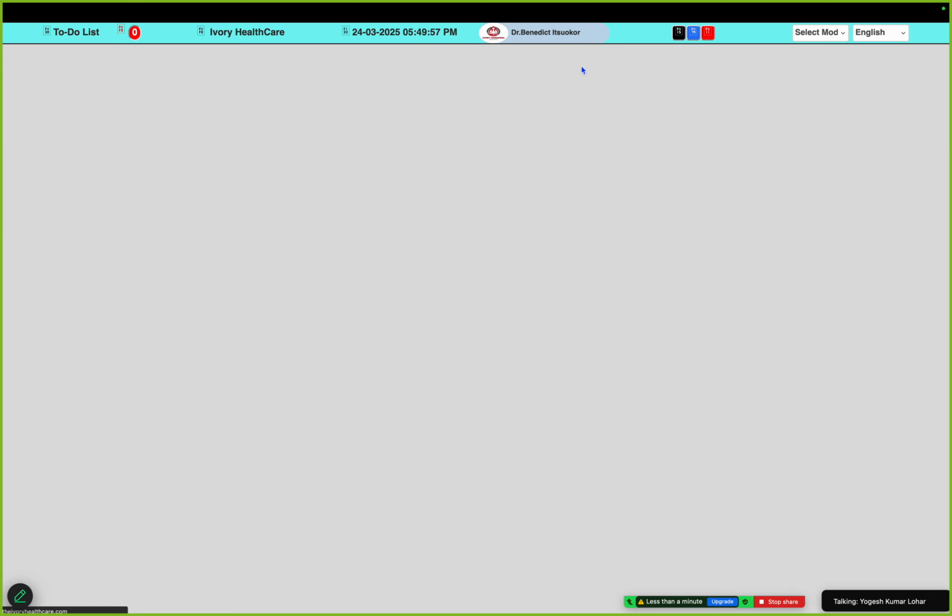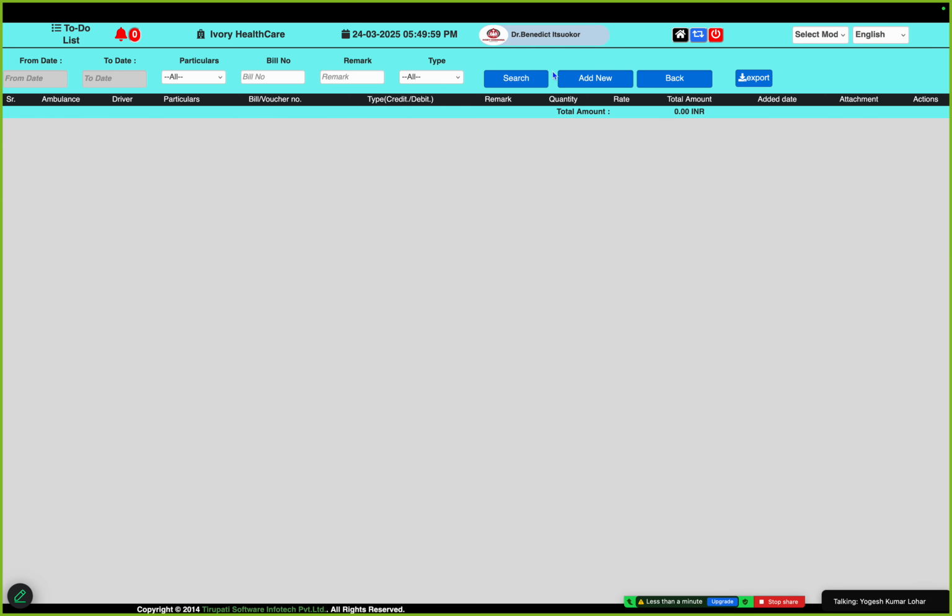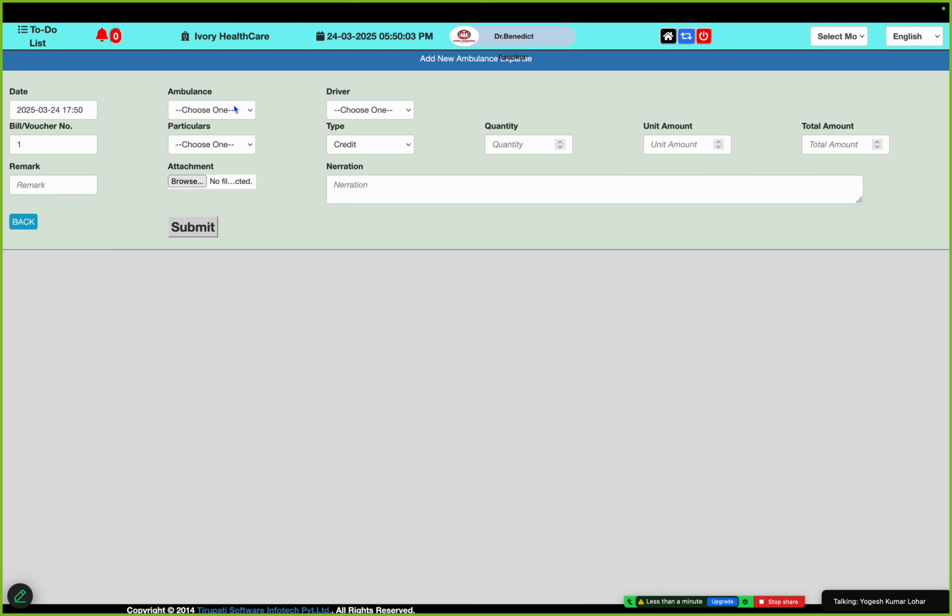After that, if we go to the ambulance expense entry, here we can make all the expense entries for the ambulance. For example, this is the vehicle number, and here who the driver was, this is the voucher number, system generated, and what kind of expense, like petrol, diesel expenditure, ambulance maintenance, equipment services, driver salaries, other expenditure. For example, petrol debit like 50 liters, and the price is 108 this way. Petrol refill,